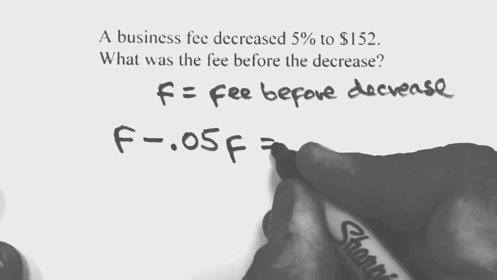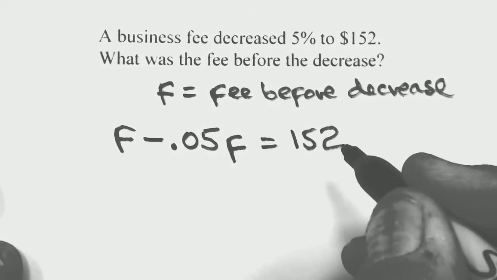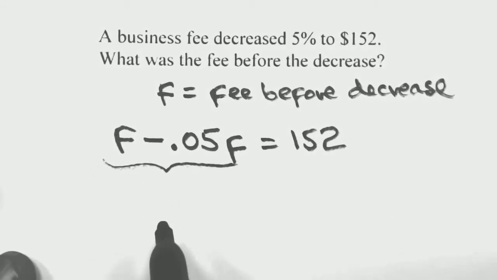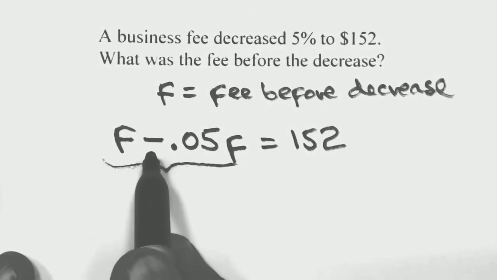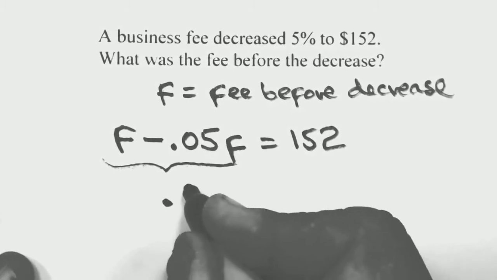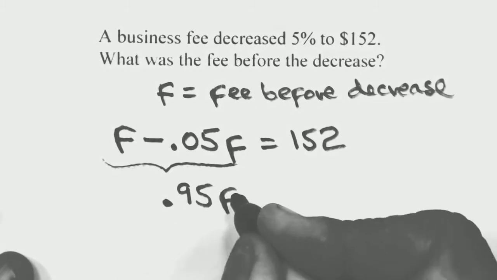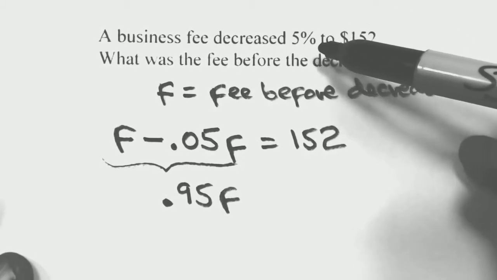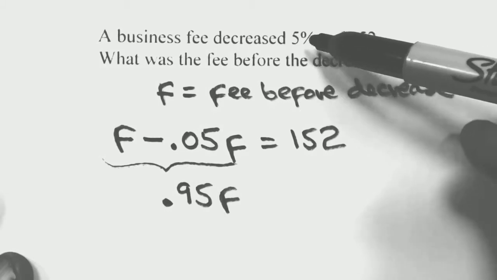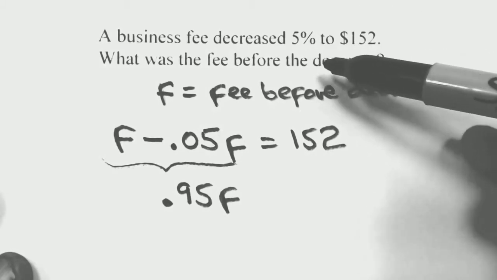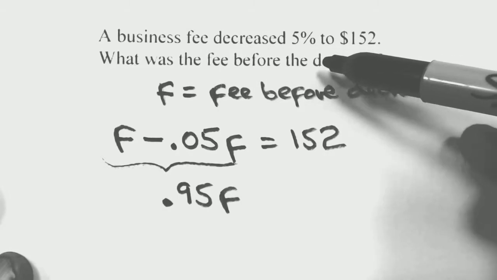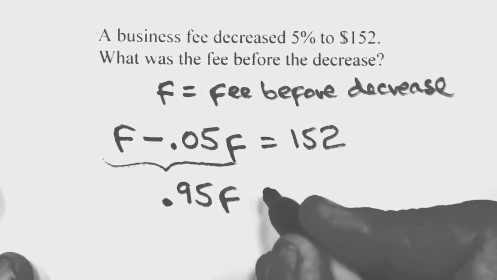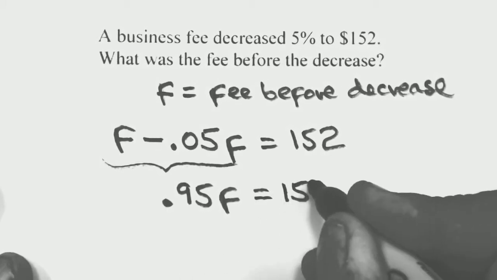And what are we paying now? $152. Okay, well, once again, simply combine these two guys. This is officially plus 1F minus 0.05. That gives me 0.95 of the original fee, which of course you could have figured out. Remember, the original fee would be the full 100%. And if you're paying 5% less, then that means you're paying 95% of that original 100. Well, there's the 0.95. This always gives you the exact value right here. And of course, that's still equal to the 152 on the